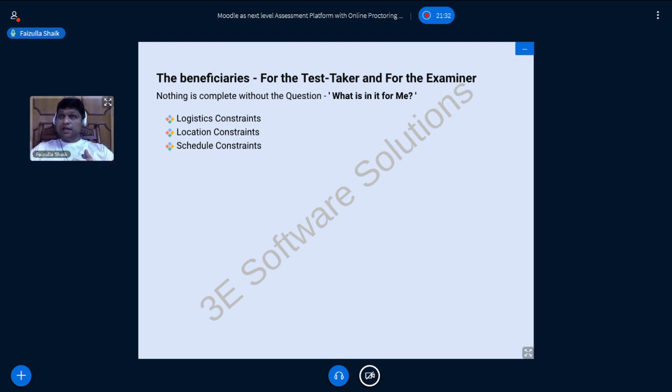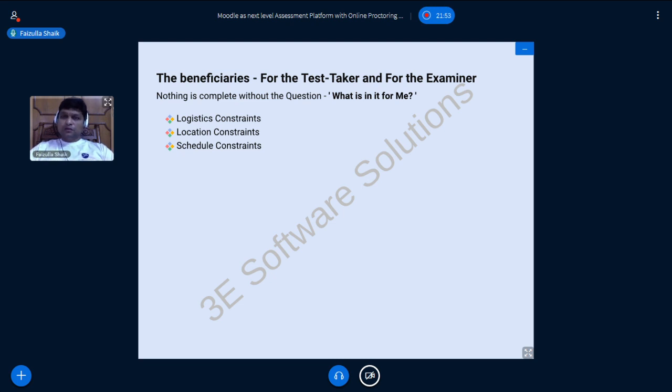Even without a need for a human proctor, it can be completely replaced by automated proctoring. Automated proctoring in the sense it can be done as record and review proctoring, or it can be done as completely automated in real time.